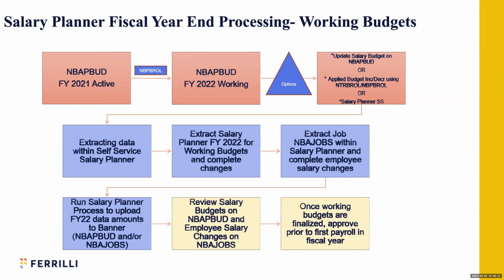You can also even download a spreadsheet, make your changes to the spreadsheet through Salary Planner and upload that back into Salary Planner. You can also do global job changes. So if you know you're going to give Grace 60,000, you could also do a future increase for her job record. The other thing I like about this is within Salary Planner, if you make a change on NBAPBUD,